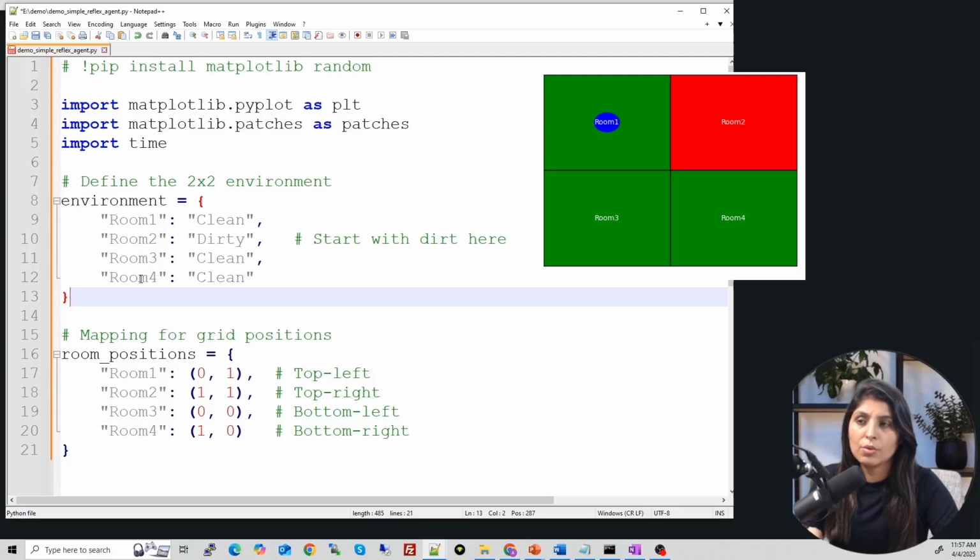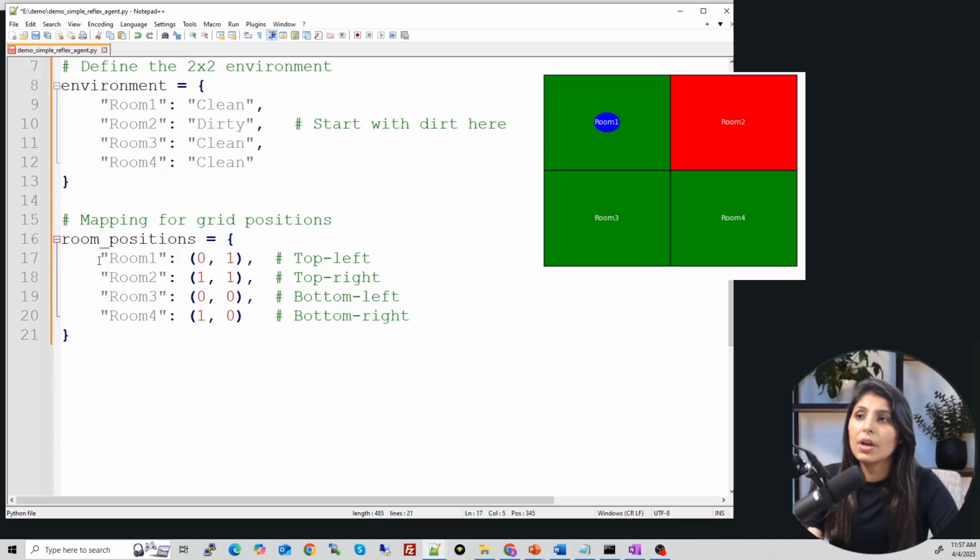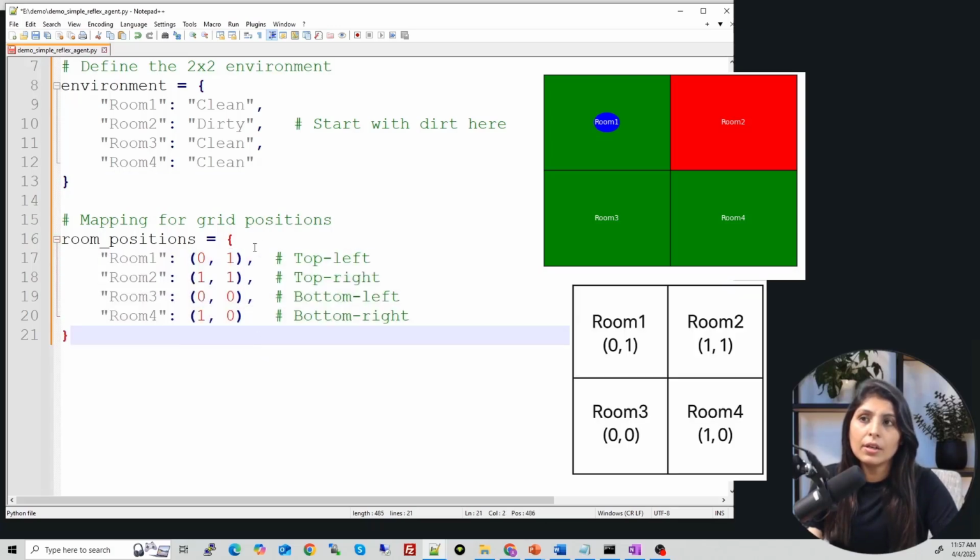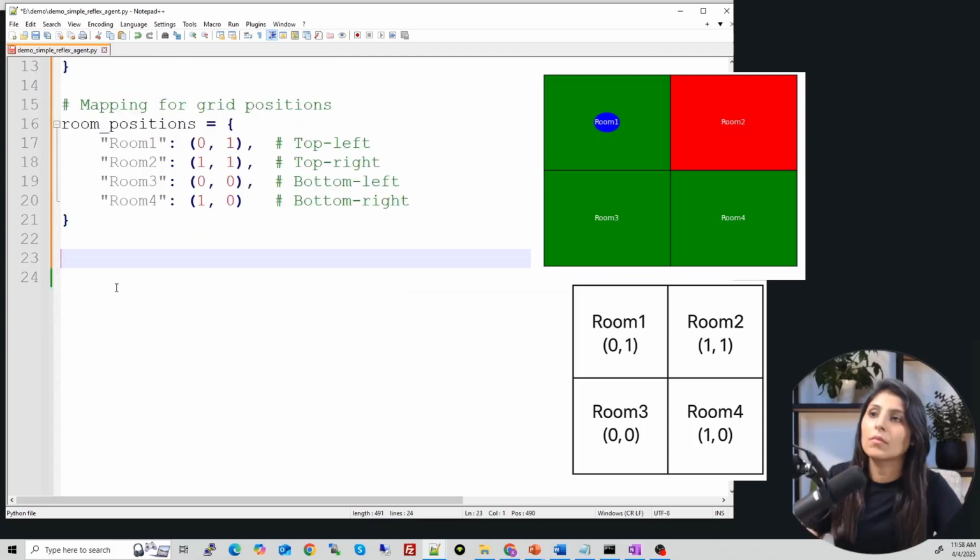So these are the names of our rooms, and this is the environment dictionary. Then here we are mapping it, meaning we have a 2 by 2 grid now. At this position, see this image, 0 1 is room number 1, 1 1 is room number 2, 0 0 is room number 3, and 1 0 is room number 4. So this kind of grid we have.